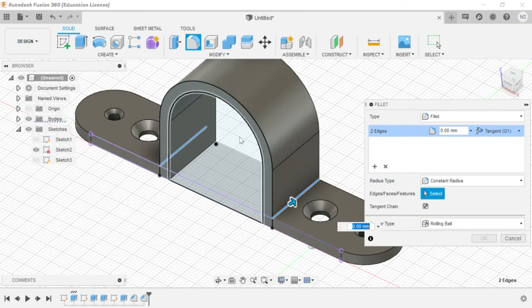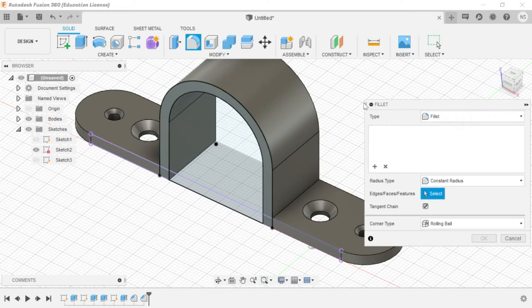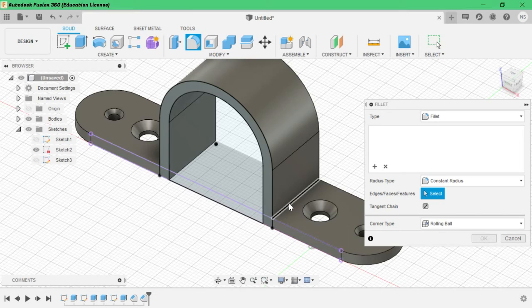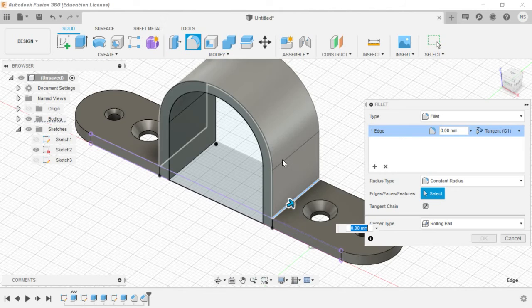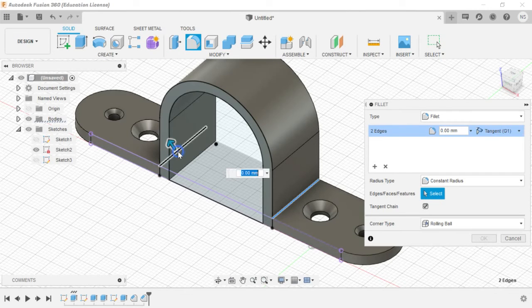You want to select all the edges you want, like you have to do like this. Click and hold the left button, and you will get an option like only edges, so that only edges can be selected. Understand? So we can give curvature, constant radius, rolling ball.